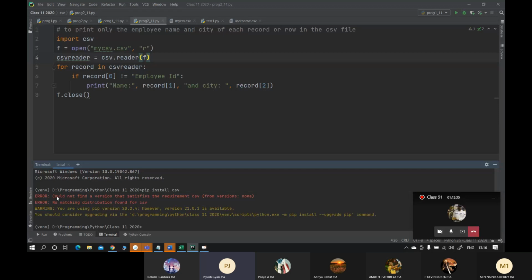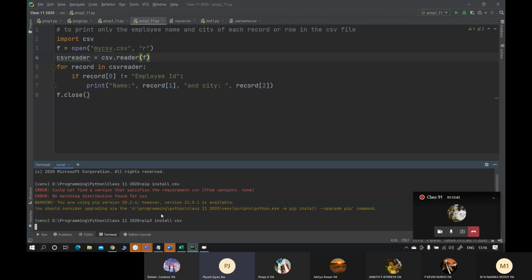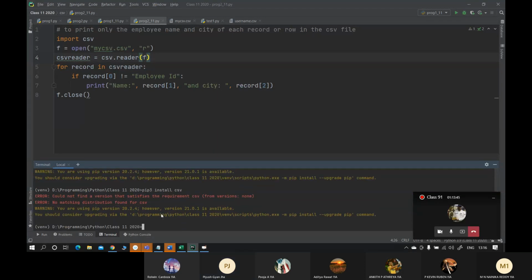Maybe it is already existing, so नहीं दे रहा है. First try it out. I think CSV module तो वैसा ही होता है. Is it pip3? Let me try. I think nowadays they are giving it by default.